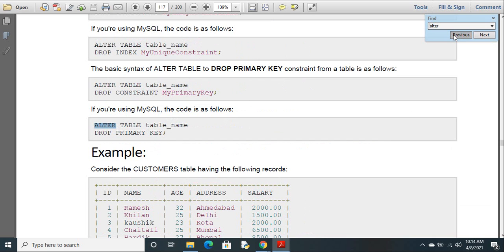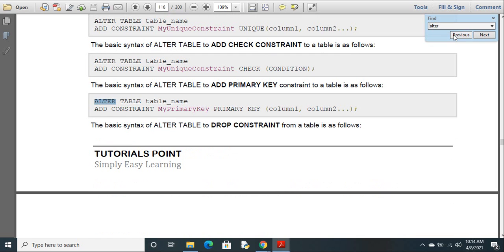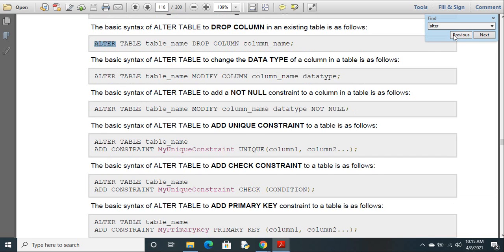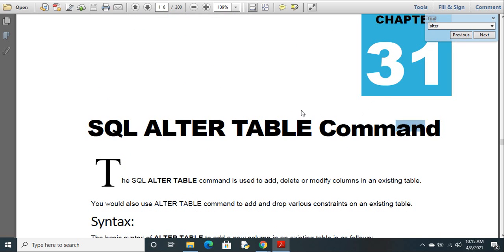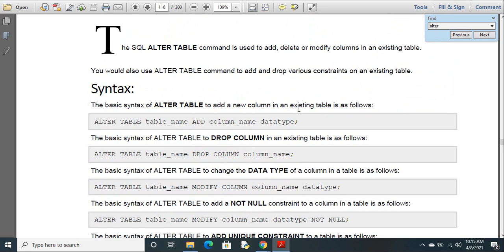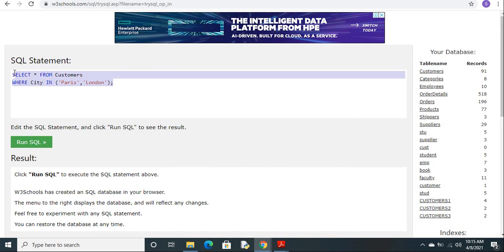Alter table name, add column name, data type. Okay, alter table name, add column name, data type. So let's take this example.